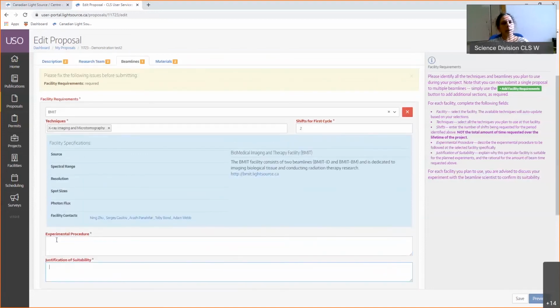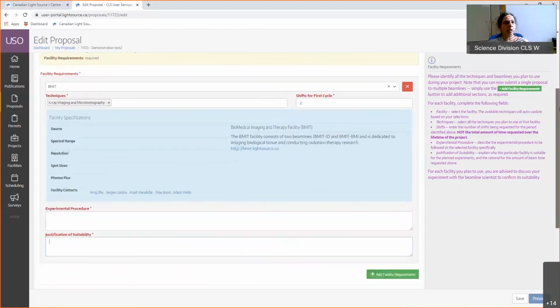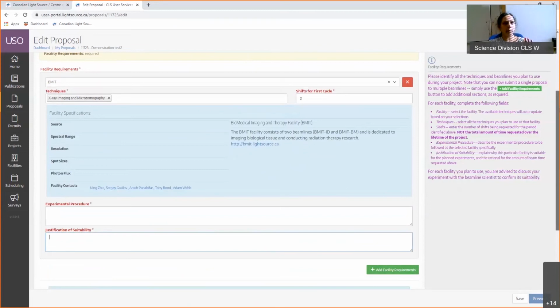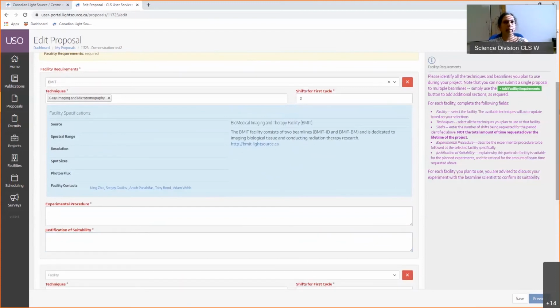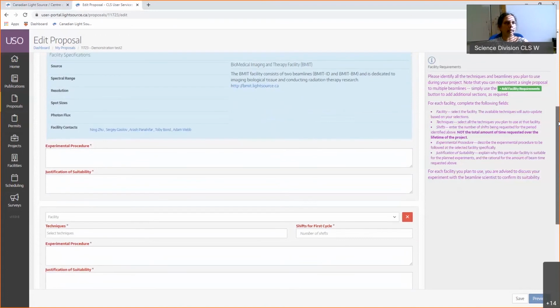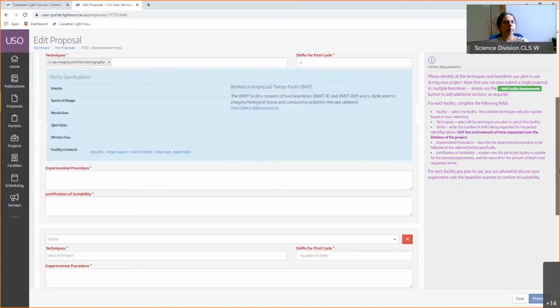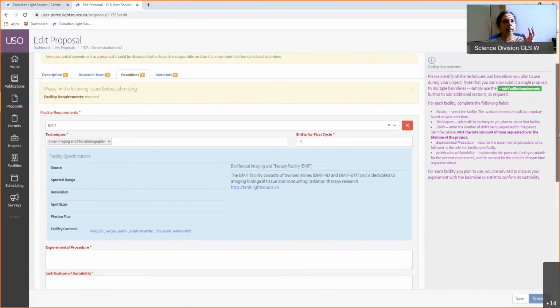So this is for one beamline, and in the same proposal, if you want more than one beamline, most of the time you cannot answer in one beamline. That's where you say you need another beamline. So you can say add facility requirement, and here you can add another beamline, okay? So I used the 3D, for example, I'm looking at the 3D of a seed.